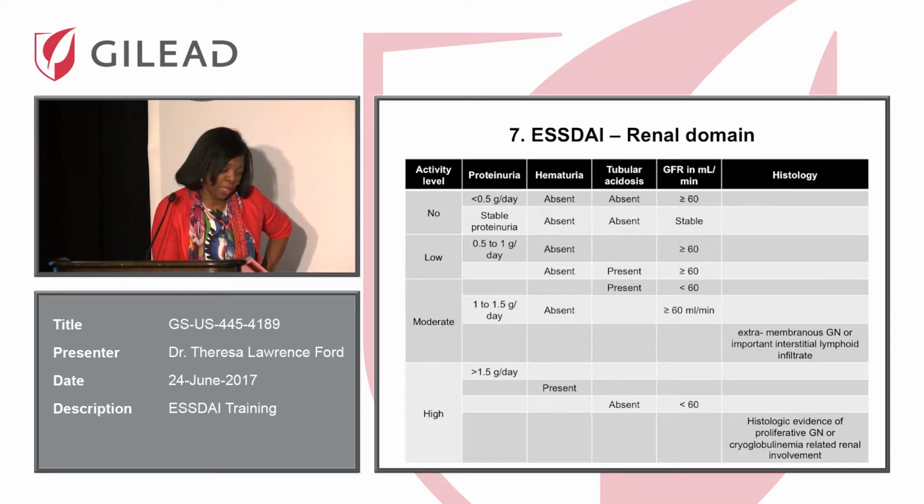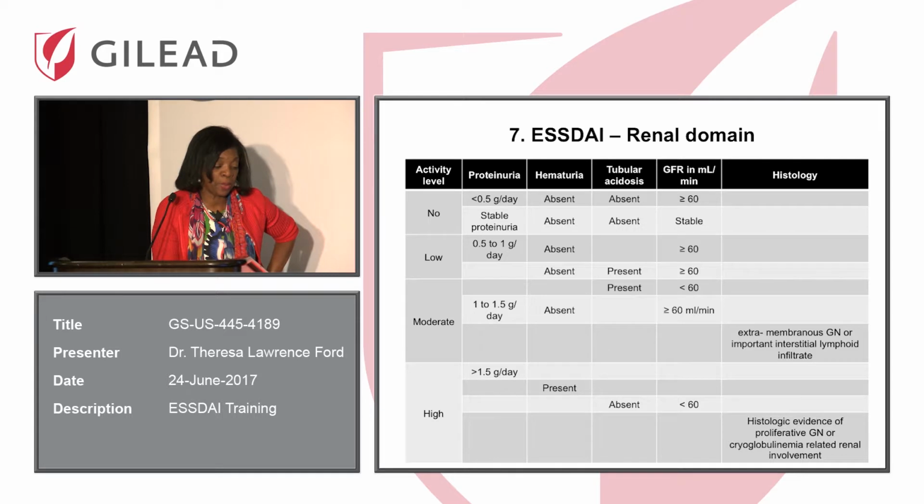Graph, helpful here again. I call this my cheat sheet. No activity if it's less than 0.5 grams per day of protein, no cells, no tubular acidosis, and a GFR that's greater than 60. More stable proteinuria, stable GFR. Then low would be 0.5 to 1 grams of protein with no hematuria, but the GFR would be normal. Or absent hematuria, present tubular acidosis with a normal GFR, or tubular acidosis with a low GFR, okay, without the